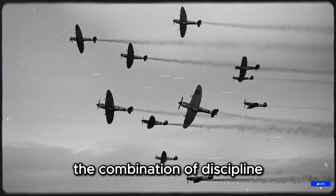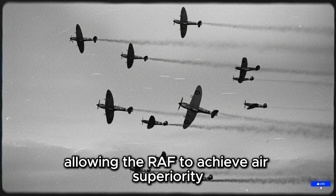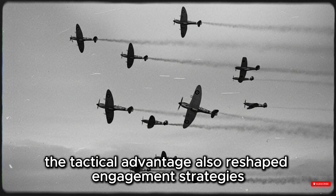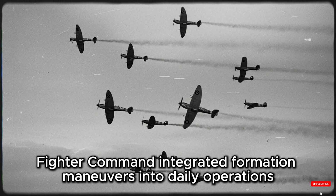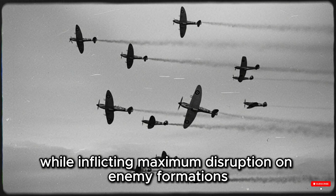The combination of discipline, leadership, and tactical ingenuity became a force multiplier, allowing the RAF to achieve air superiority without needing overwhelming numbers. The tactical advantage also reshaped engagement strategies. Fighter command integrated formation maneuvers into daily operations, ensuring squadrons could defend critical sectors while inflicting maximum disruption on enemy